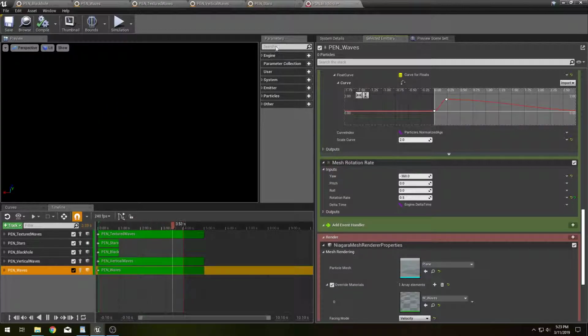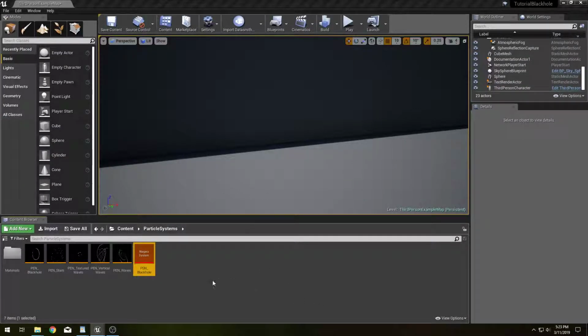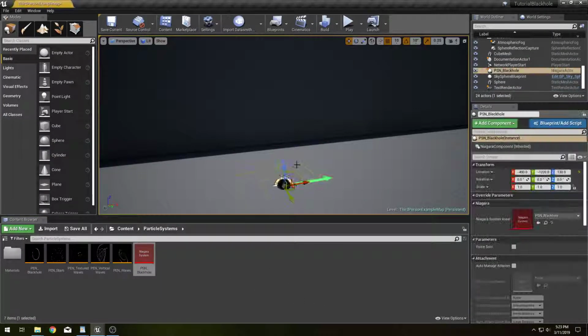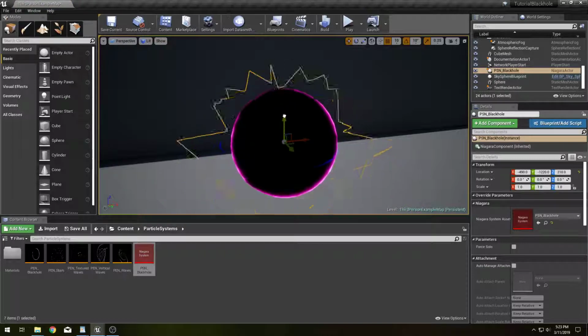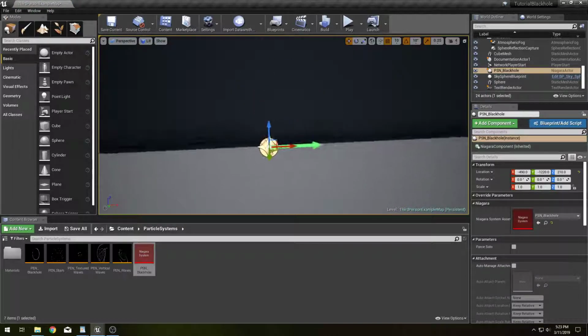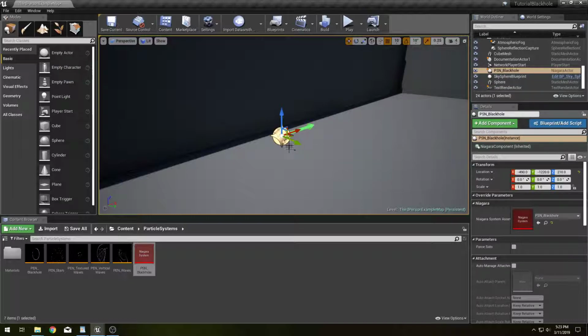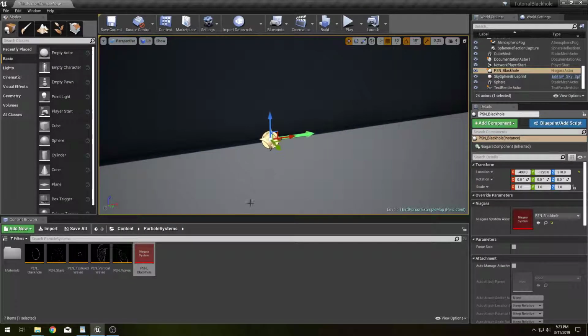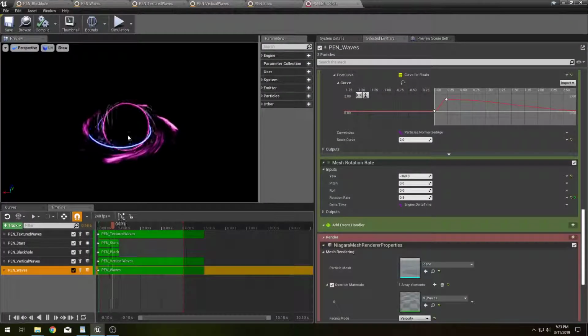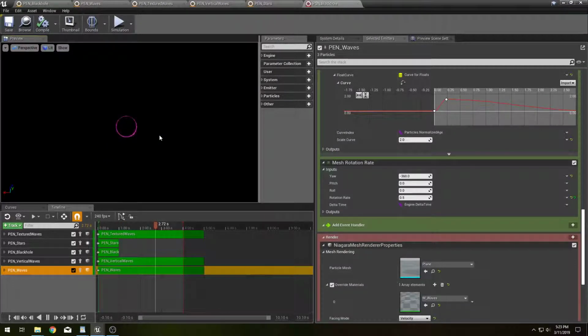All kinds of stuff. So let's go ahead and compile and save. I'm going to move this out of the way. Should be able to just drag and drop this into the world now. And there we go. We have ourselves a little black hole system that isn't repeating itself. That's okay. We'll just bring it back in here. We have this wonderful black hole system